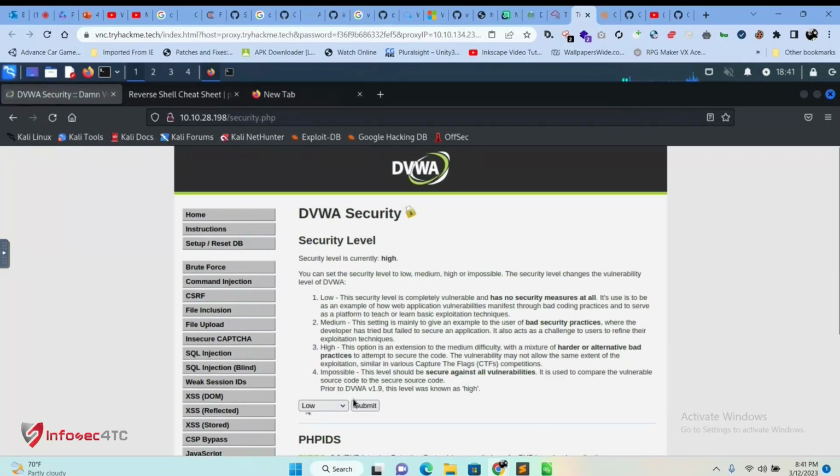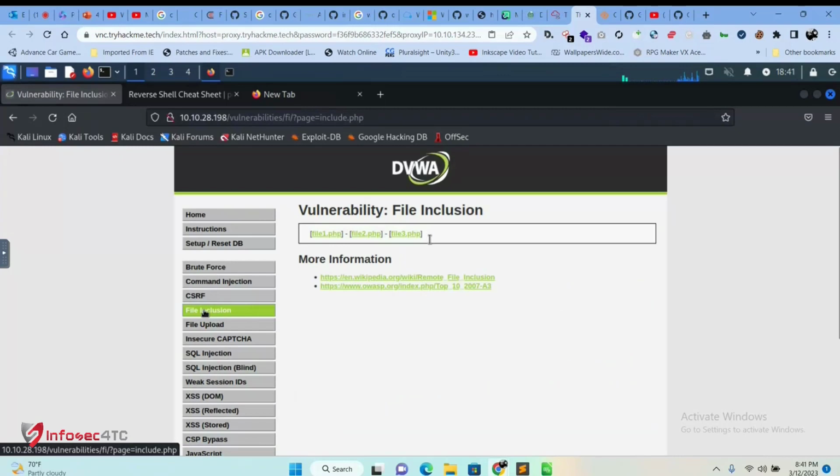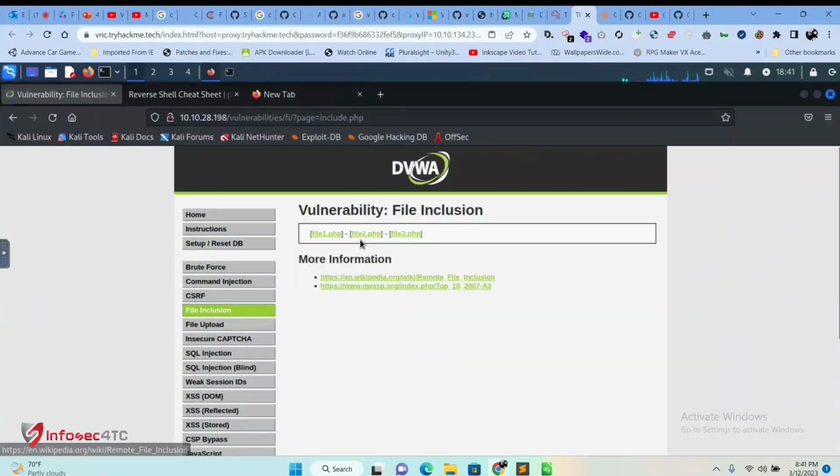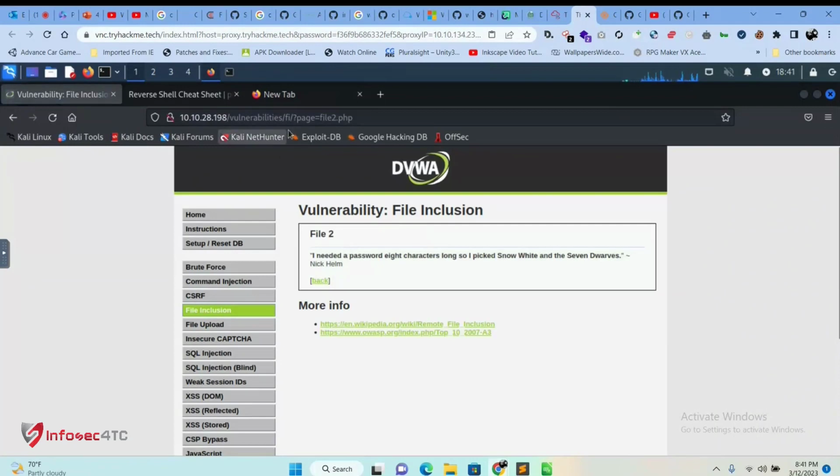Okay, let's move on to file inclusion. File inclusion is a very, very straightforward vulnerability. Let me click on this file. We have a user, we have an IP address, and so on. We have a file again. If you look closely here,